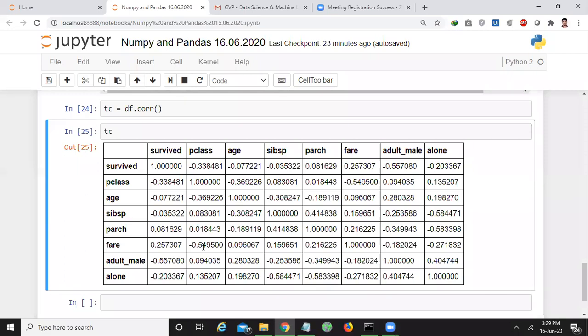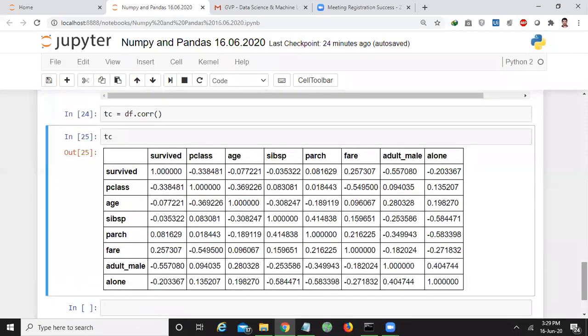You understand? Any doubts here? If anybody has any doubt, you can ask me through the chat box, no problem. Here we are doing the correlation between the columns of the data frame. You may ask, sir, what is the usage of this type of correlation? In later sessions, when we start machine learning, this correlation plays a very important role while doing analytics on the data set. That's why I want to mention it.